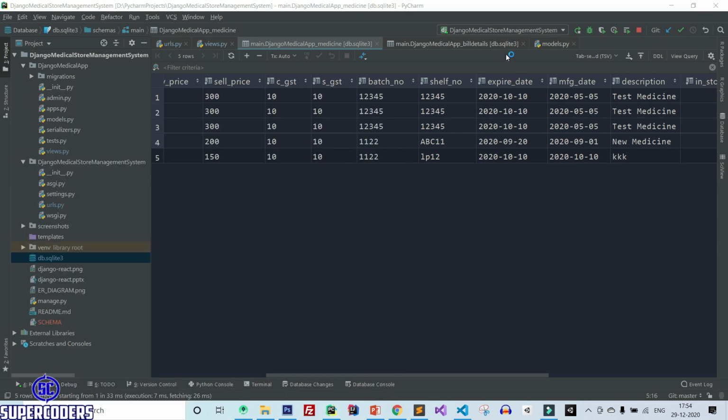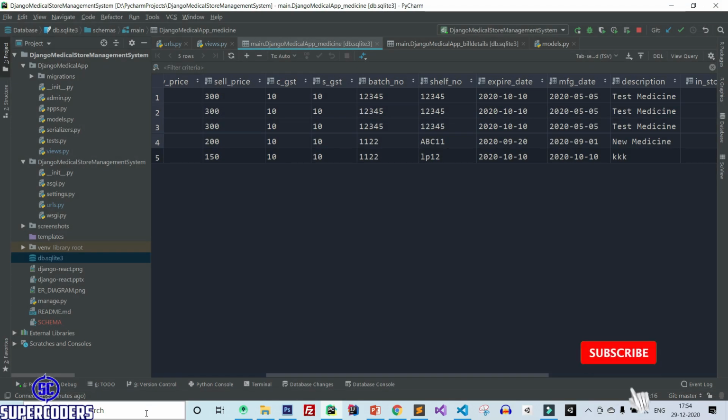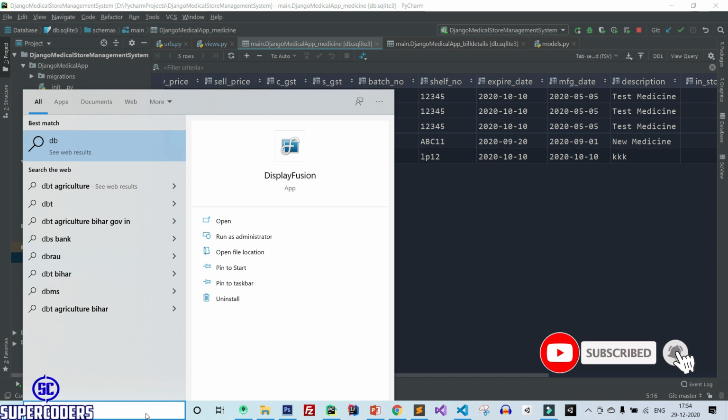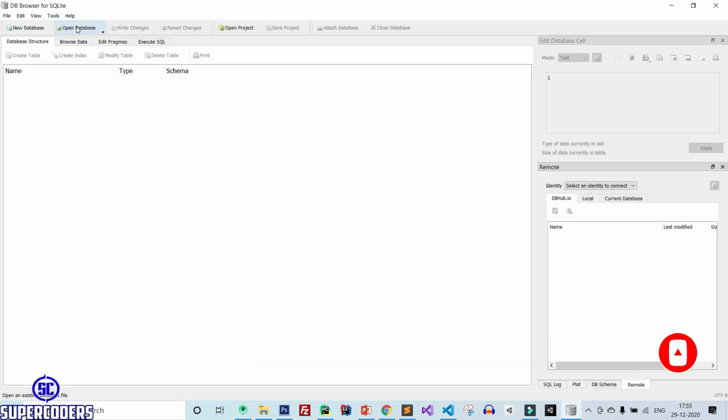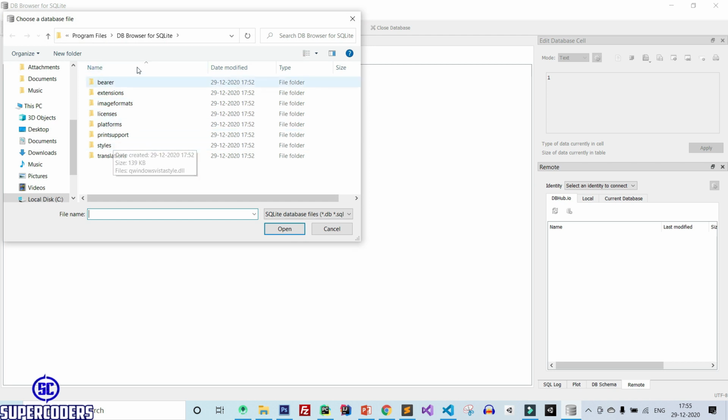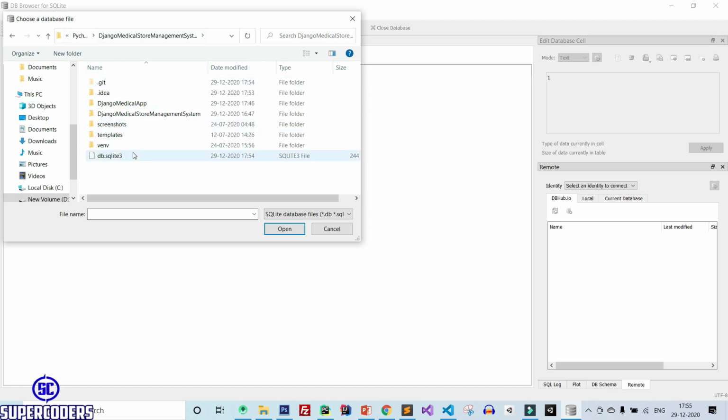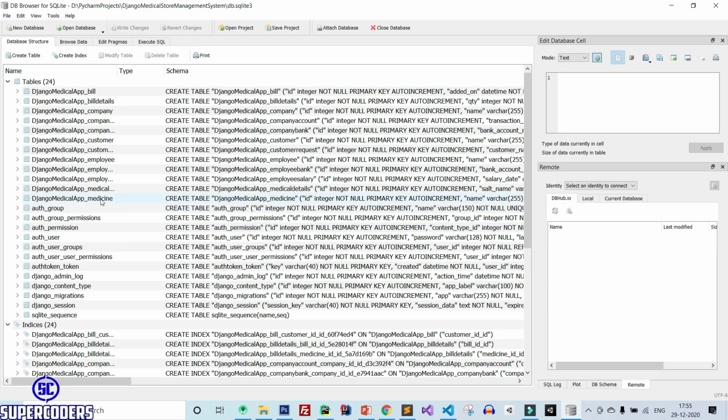Let's open DB browser. So DB browser. Let's open database and let's pass the path. So here passing path. Click on database and after that open medicine.